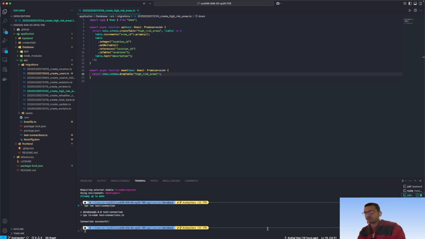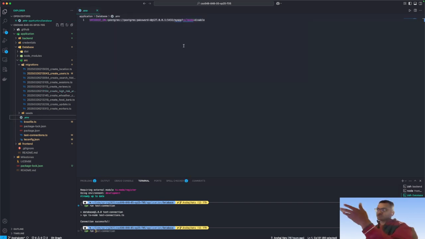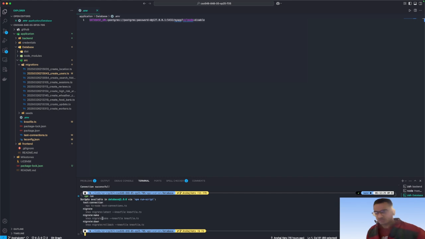So let's say you don't have the database, all you have to do is come here, put your Postgres link here, that's it. Now you will come here to the terminal. First of all, you will run npm run. You will get all the commands that you can run in this. So you have test connection, you have migrate. So first of all, whenever you put a .env file, you will run npm run test